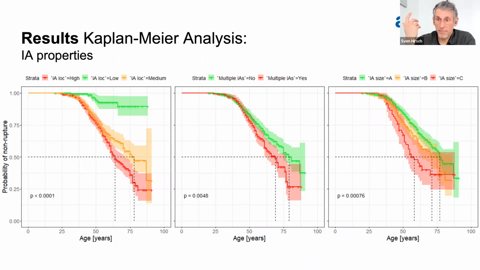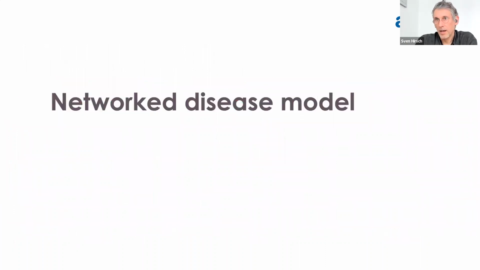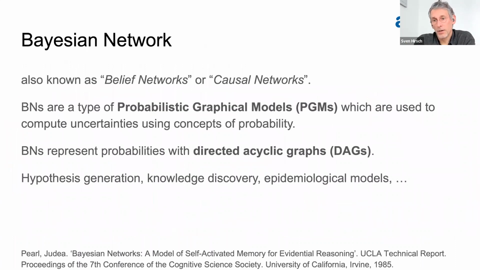And that's all. I found it quite interesting that stratifications like that help the clinicians a lot in their hypothesis building. And so that's how we went on. Currently we're exploring this way to get more time evolution. But before that, I now come to the last part, which is a network disease model.